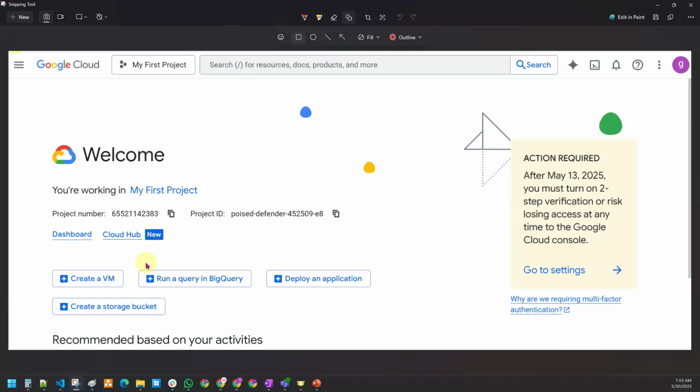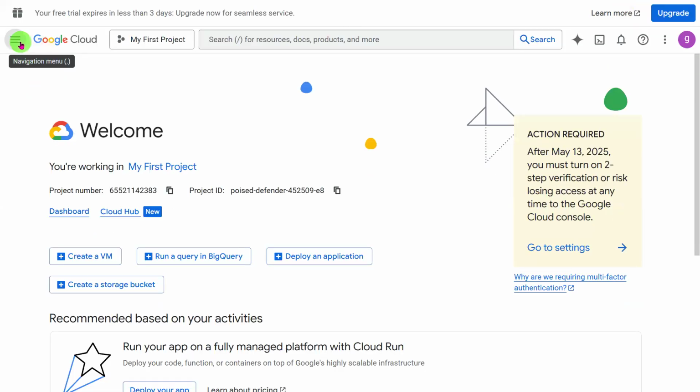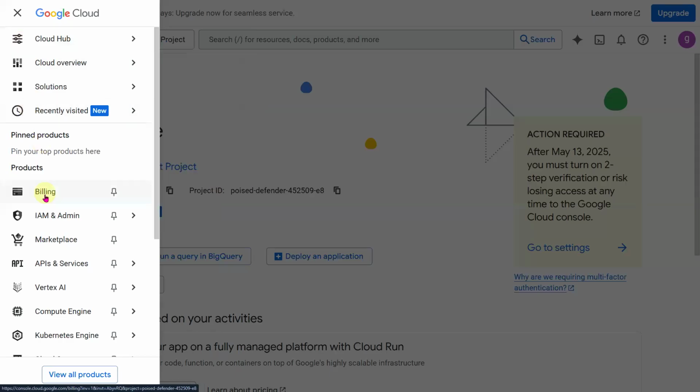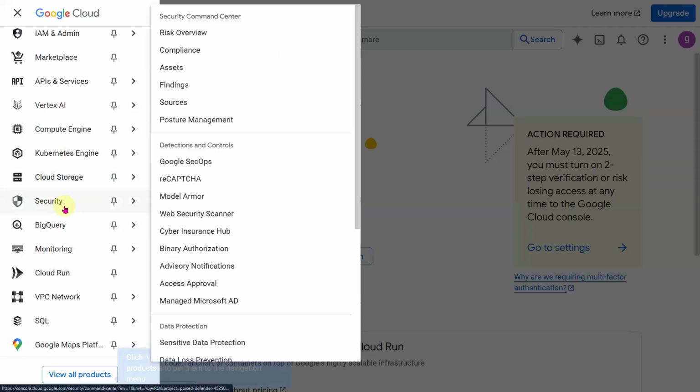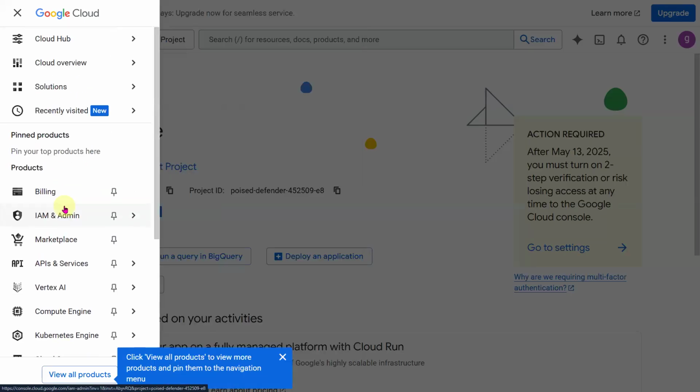In the home page, multiple options are there, multiple things are there. Let me show you. The very first thing is what I usually call the left navigation menu. If one wanted to interact with any of the services, they can just go to the left navigation menu and click on that, and you should be able to see some of the features. Click on this one. Just see, plenty of the services as well as products are listed down here.